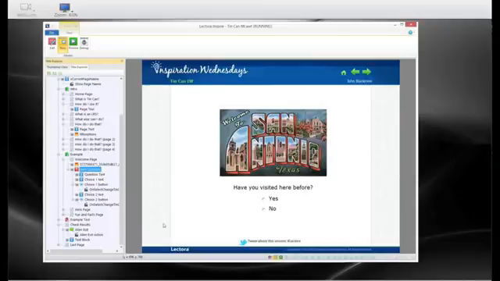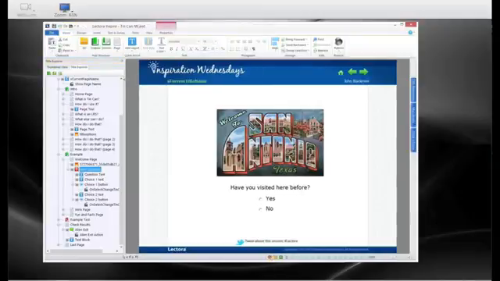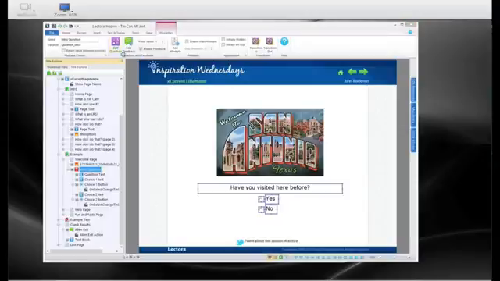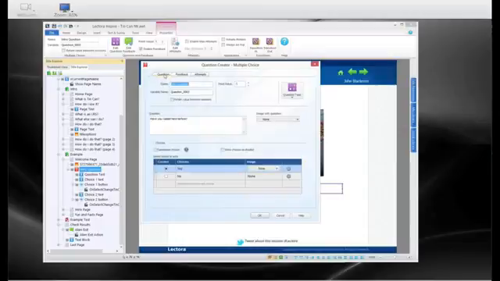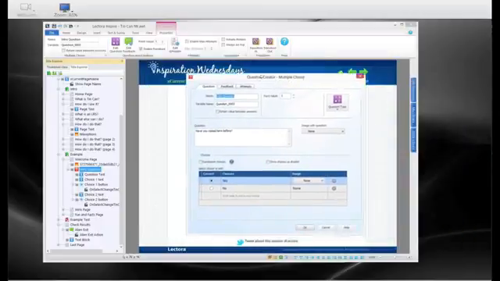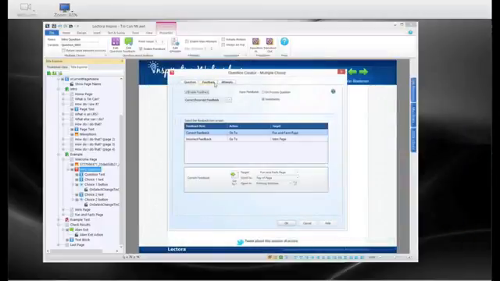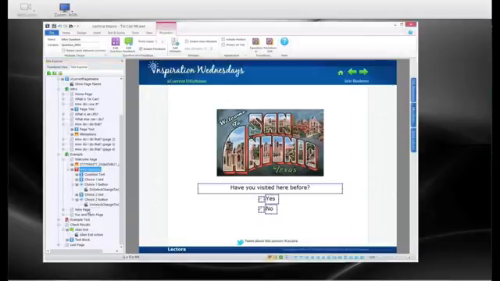We ask them an intro question, and that intro question, as you see on its feedback, on the correct feedback, he goes to a fun facts page. We've set the correct answer to this question to be yes. So the question is, have you visited before? If they say yes, we're going to go to the Fun Facts page because they've been here before. They don't need to go to the introduction. They know about that. But if they click on no, we're going to take them to the intro page because, hey, they've never been to San Antonio. Let's give them a quick introduction to the town so they know about the town.